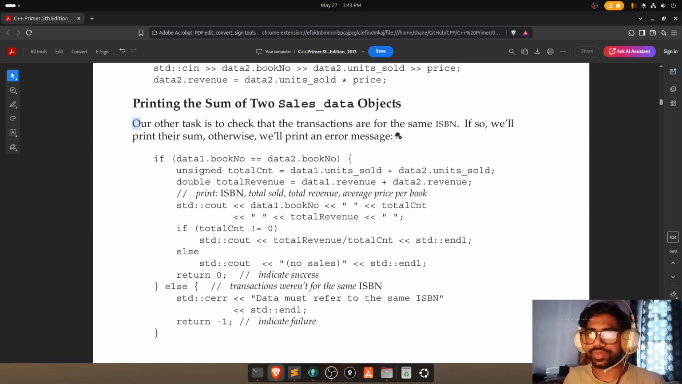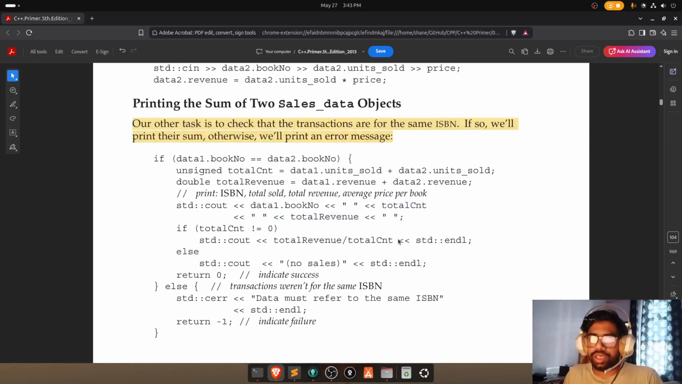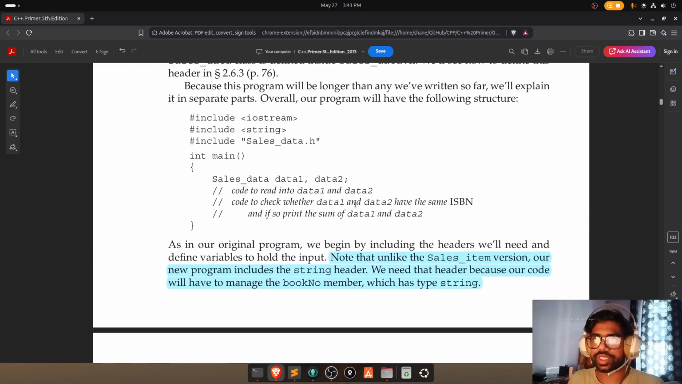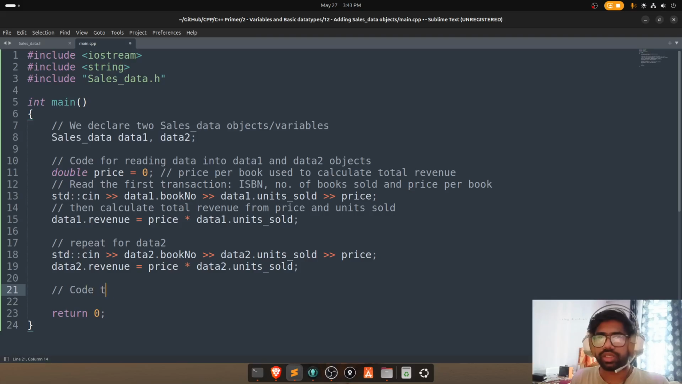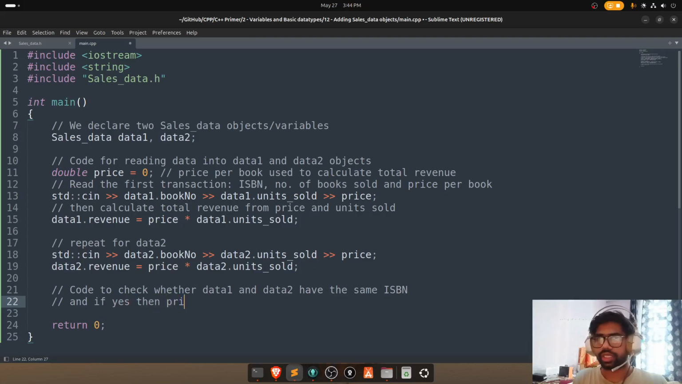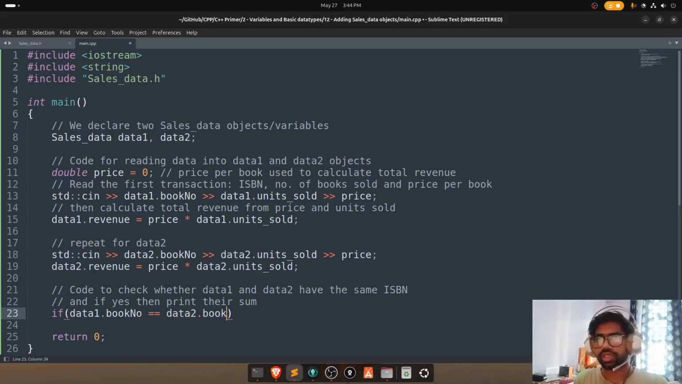So we check. Then what is the code to check whether data1 and data2 have the same ISBN. Code to check whether data1 and data2 have the same ISBN, and if yes, then print their sum. Okay, so if data1 dot book number equals data2 dot book number,